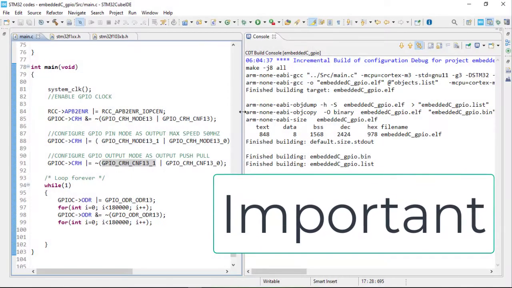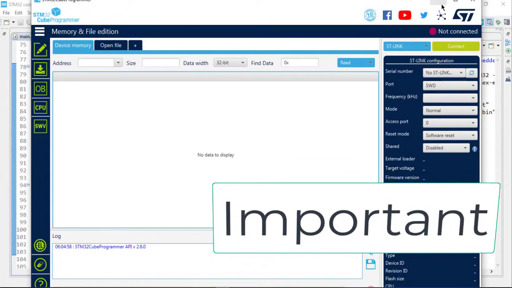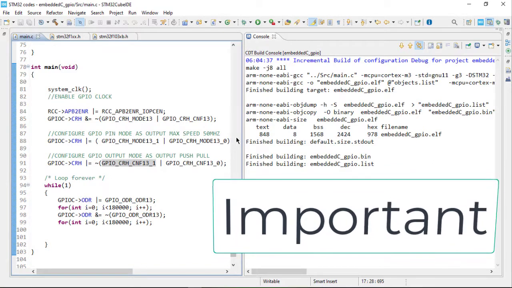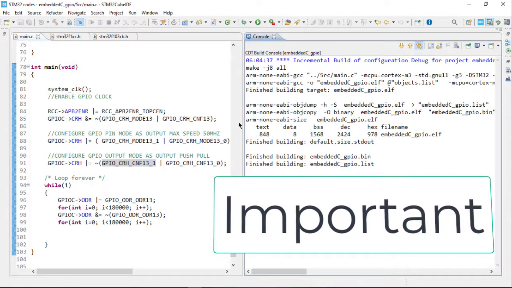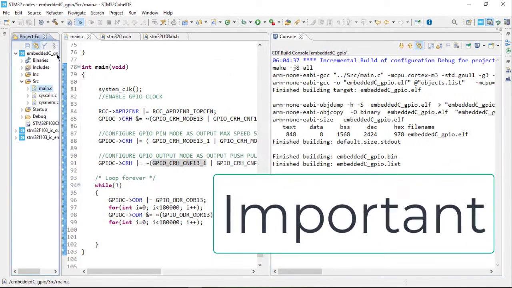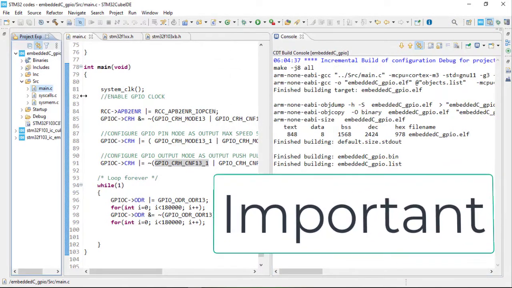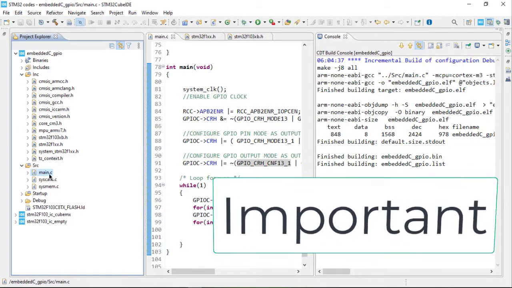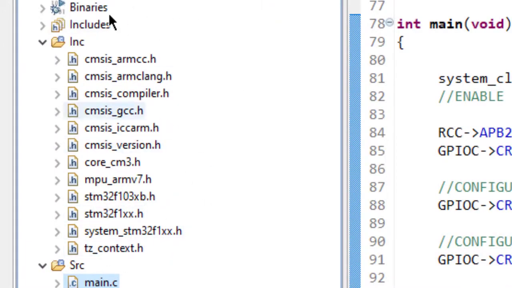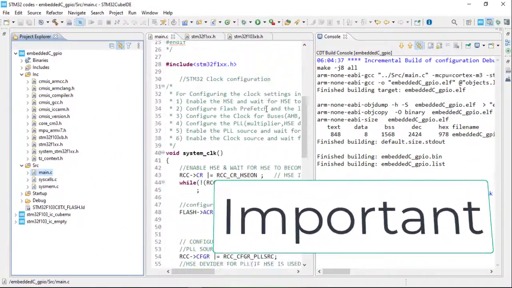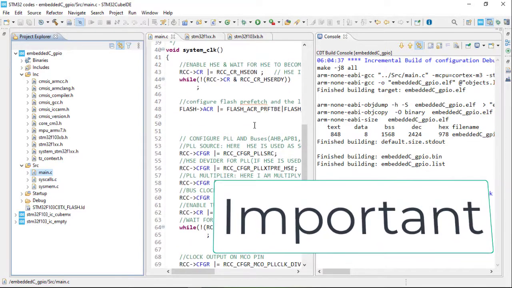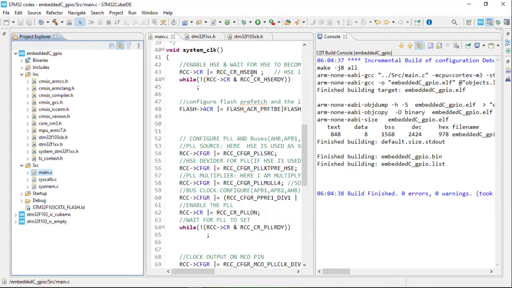One important thing to tell you is there might be some errors which will come here, that your macro function is not defined, or your header file is not defined. For that case, just make sure that you navigate to the project explorer of your project and all the necessary header files are included, which I have told you. Both of these header files and all the CMSIS core files. Okay, and just check that you have correctly set your macro functions and the registers' names correctly.